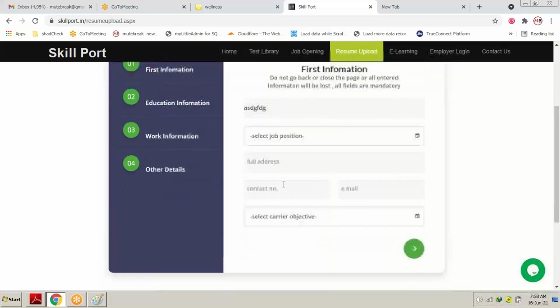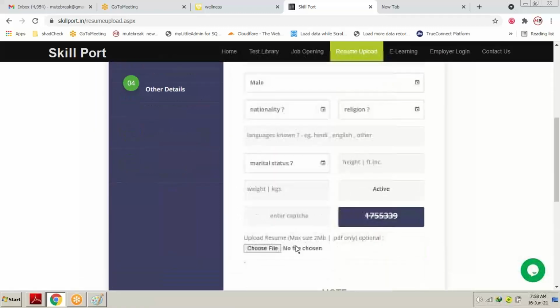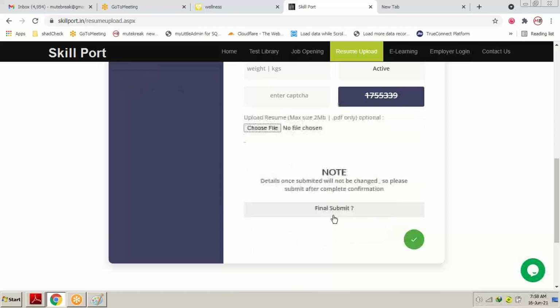If I fill in the entire detail and press the submit button, no JavaScript alert box is going to show, and the data is inserted into the database, where the database connectivity has been done.